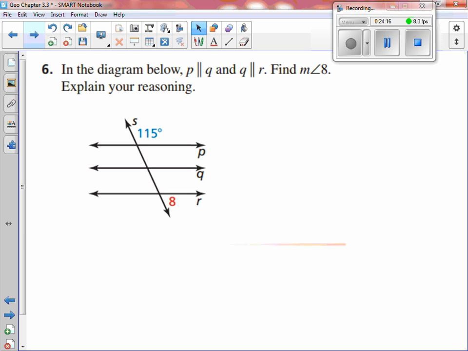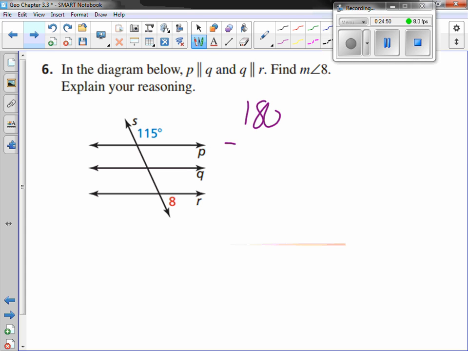So looking at this here, if P is parallel to Q and Q is parallel to R, it means what? That P is parallel to R, yes? That makes 115 and angle 8 congruent or supplementary? Supplementary, because these are consecutive exterior angles, yes? Consecutive exterior angles are supplementary. So I know that 115 and 8 add together to be what? 180, yes? Or I can subtract 115 from 180 and get